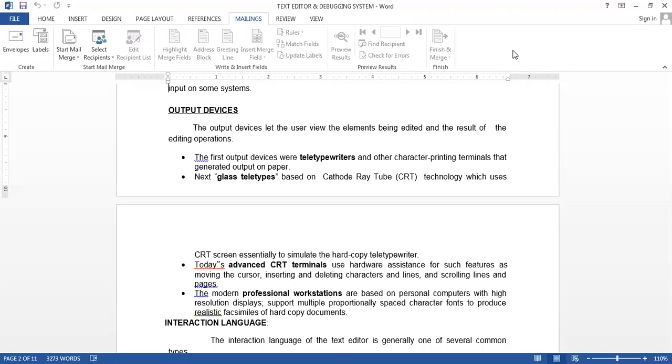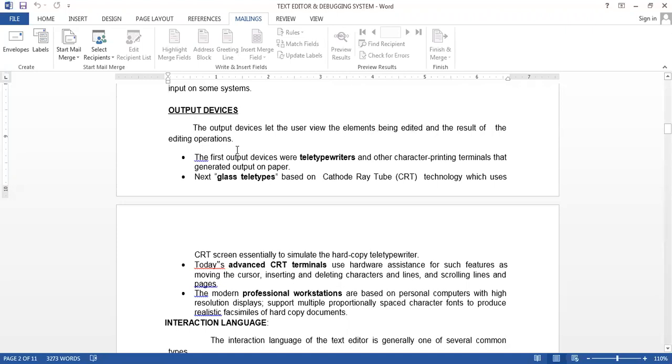Now we are going to discuss the output devices that are available and used to edit the content. The output devices let the user view the elements being edited and the result of the editing operation.